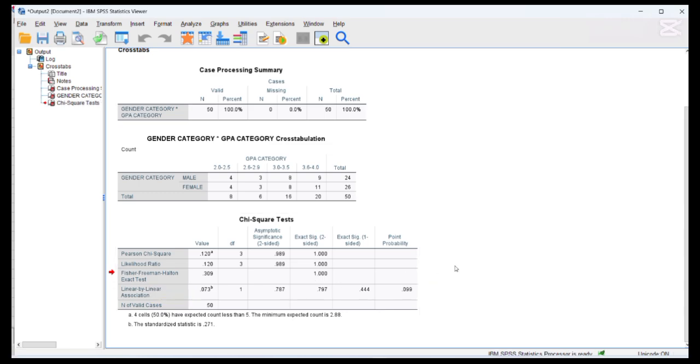So here we will now say that because the p-value is greater than 0.05, there is no association. So there is no association between being a male or a female and the GPA category you fall into. That's basically what it means. That's how we interpret the cross tabulation table and then the chi-square test table, the Pearson chi-square and the Fisher-Freeman-Halton